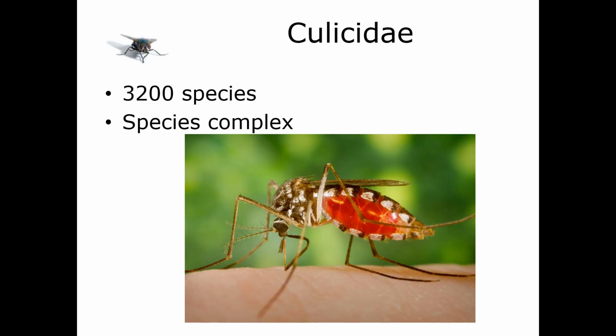So they do meet our definition of the biological species concept, but they just never mate with each other in the wild. Or maybe they're niche-specific forms. So maybe there's a particular type that only feeds on monkeys, or only feeds on humans, or only feeds on birds. So they never run into the other members of their species complex.